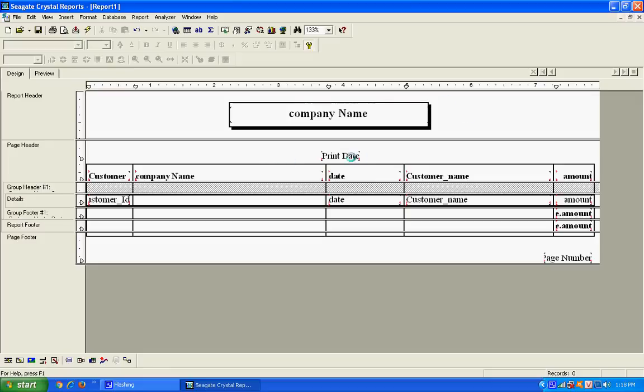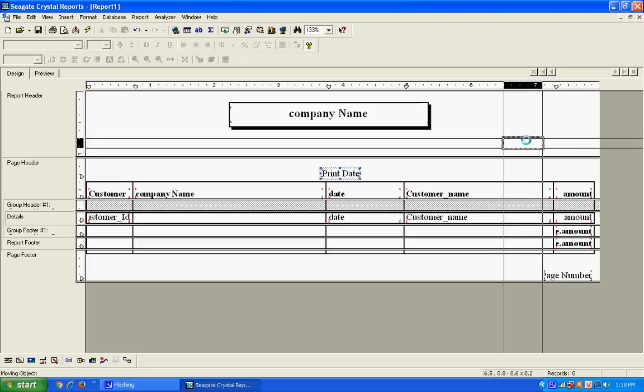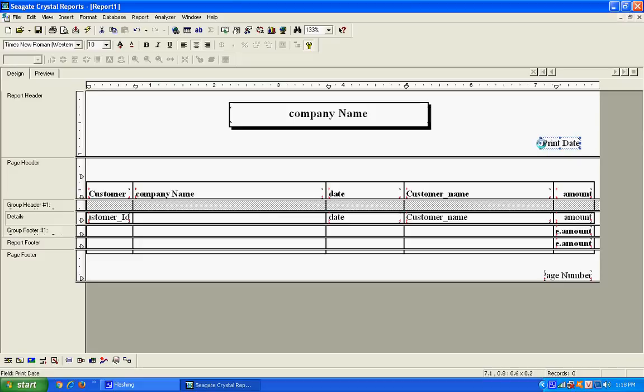Next is the print date. Next we need to add a print date. What is the print date? When we print this report, that is called the print date. I need another field label for this.